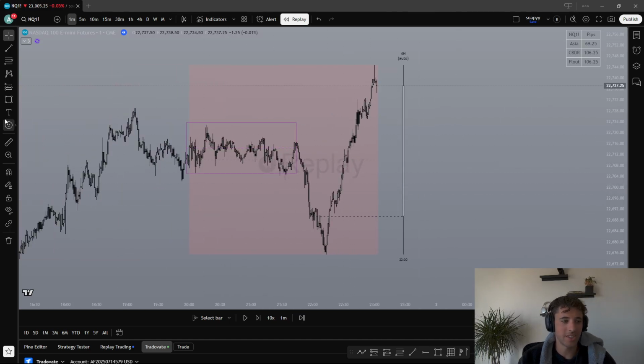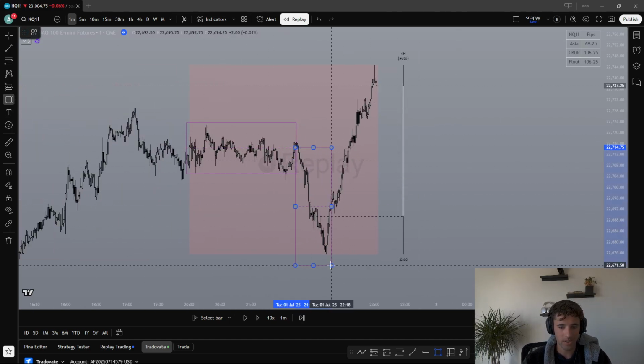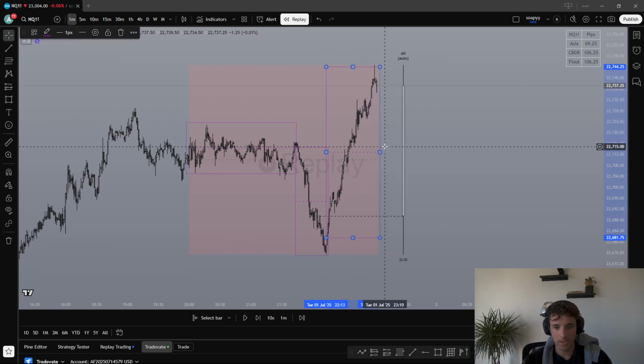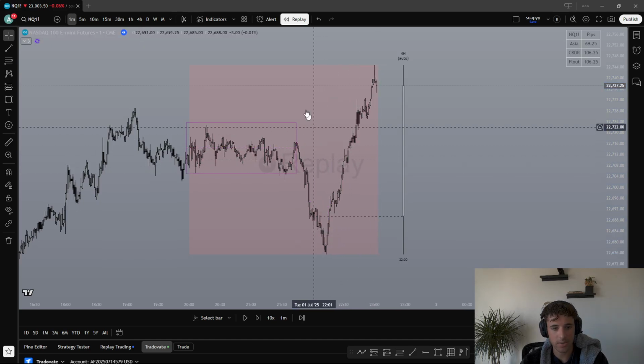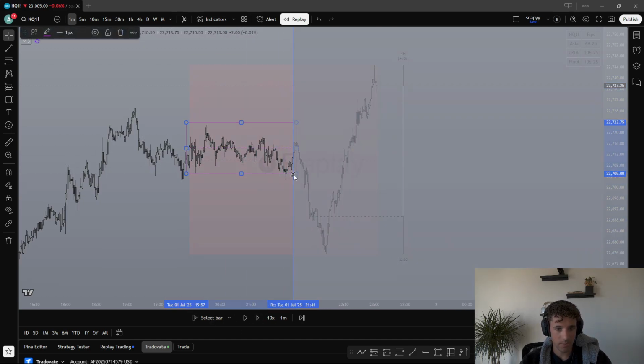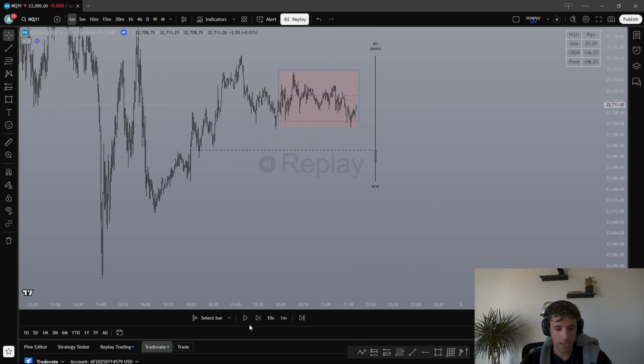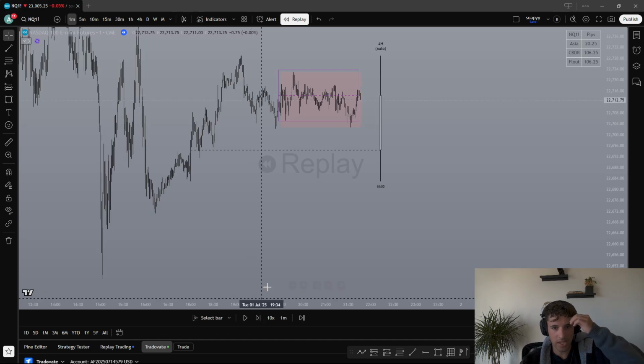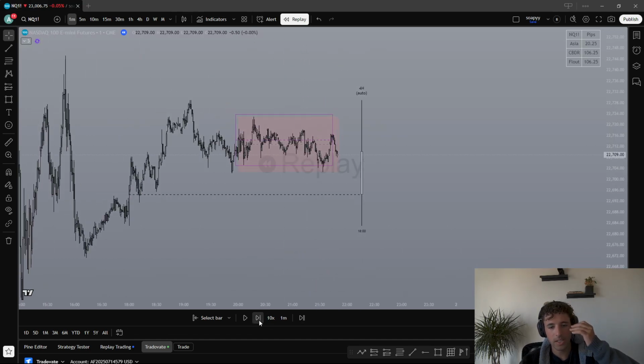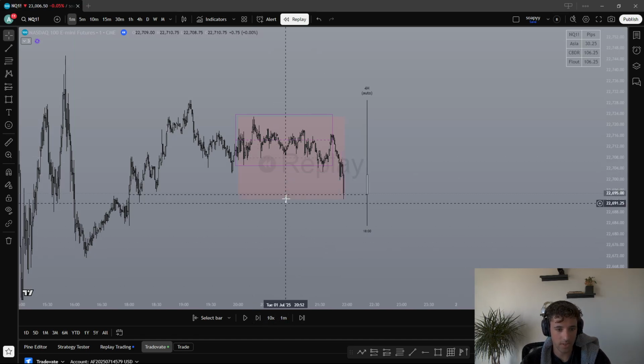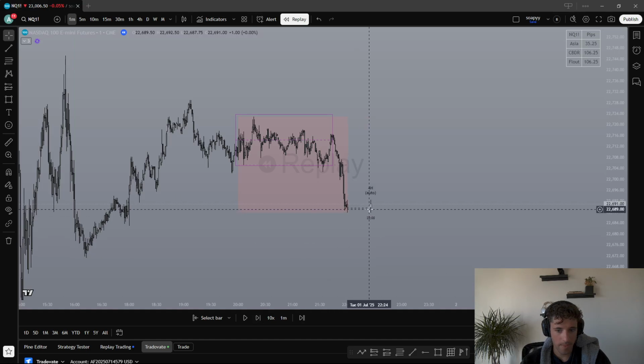I'm getting better at teaching these concepts though, so that's what's important. So this is our manipulation move, and then this is our distribution. Let's say we actually wanted to take this trade, and we're watching it. This is a random time. This is Asia, so it's a little bit different. But let's say we get a break of structure here. This is where we could use this concept, and we see where we would enter, right there. I would enter long.